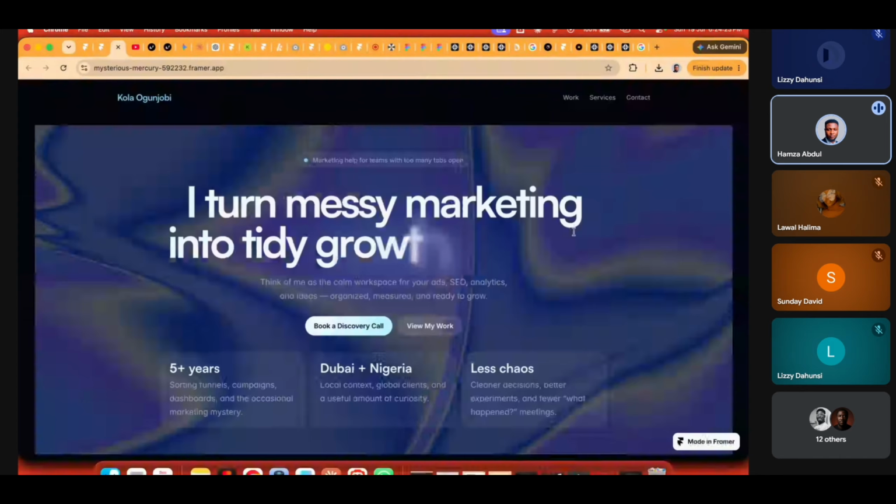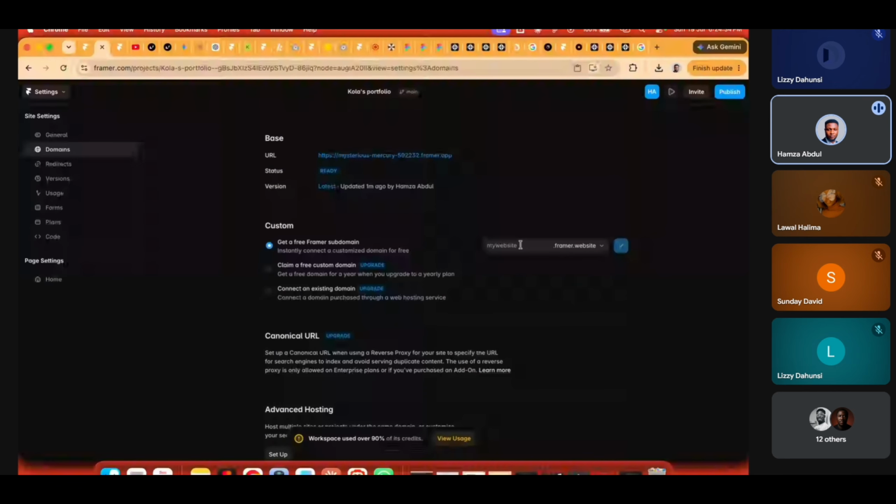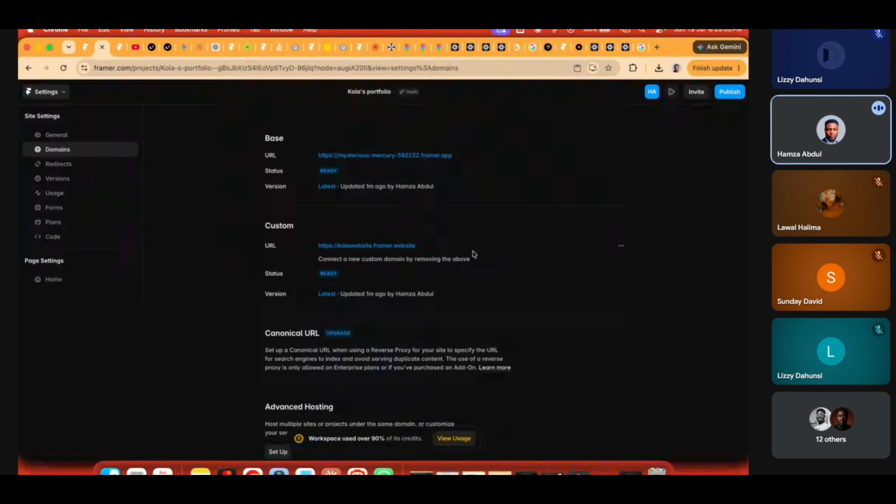So I can go and get a free domain. You can either get a custom domain which you have to pay for, or if you have an existing domain, you connect it, but you need to upgrade. But to get this free one, since this one is for color, let's say color website, color.figma.website. Let's see if it will be there. You see, fortunately, nobody has claimed this name. So we have claimed this now for this website.